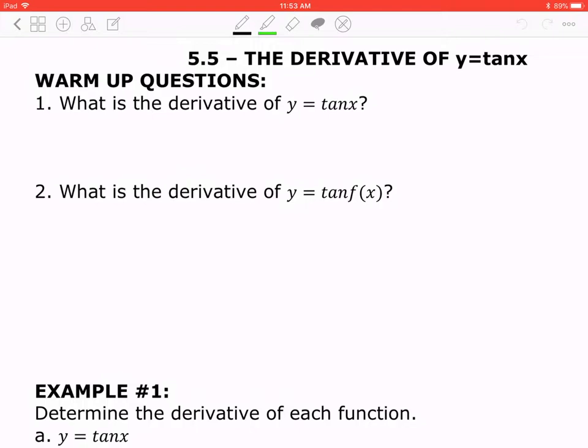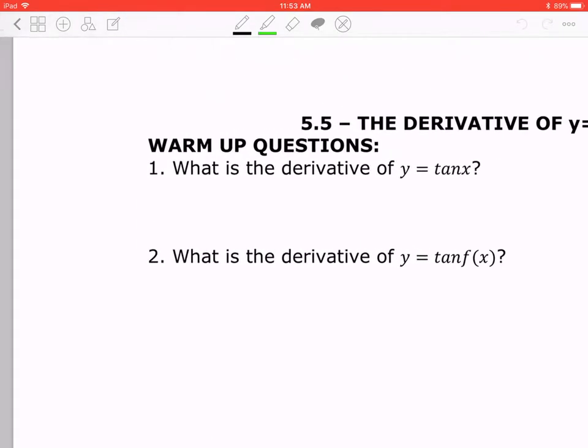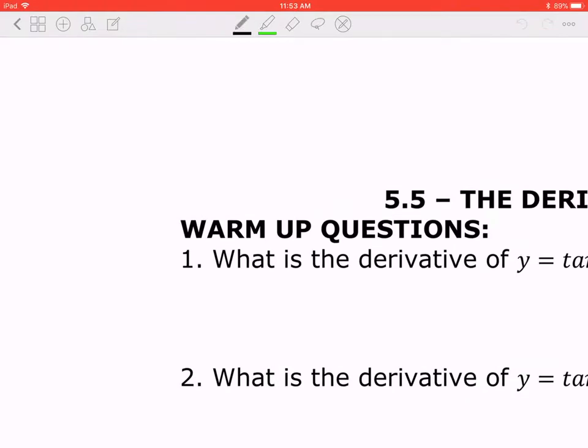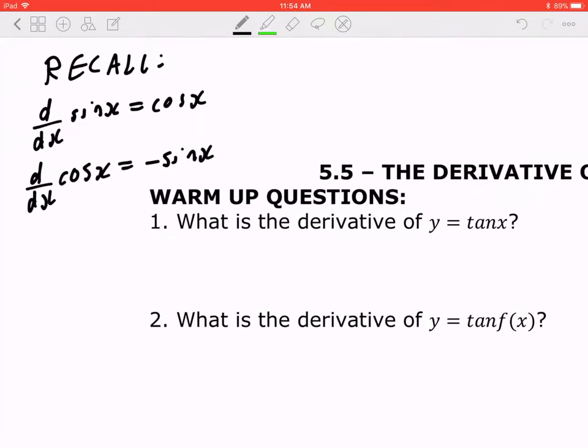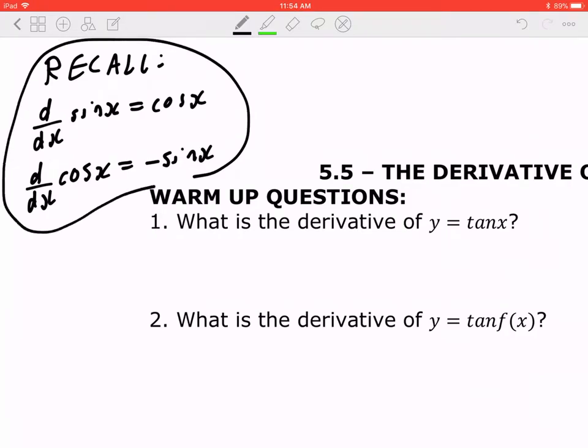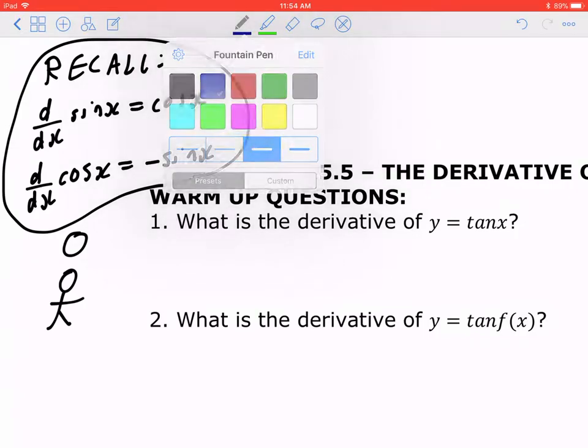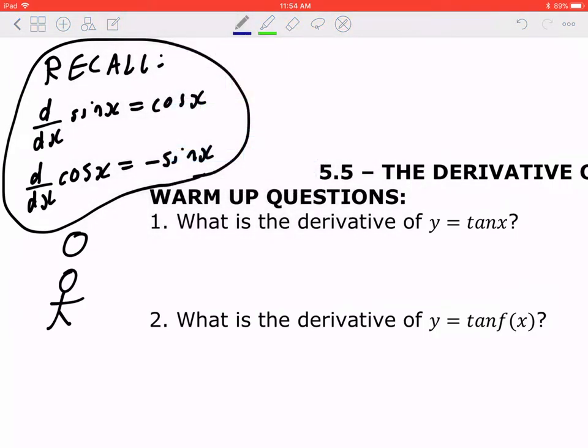warm-up. So if you go back to 5.4, recall that the derivative of sine x equals cosine x, and the derivative of cosine x equals negative sine x. So this is the expectation we have before we continue with this lesson. And again, if you don't remember this, you can always go back, press play, go through the homework before continuing